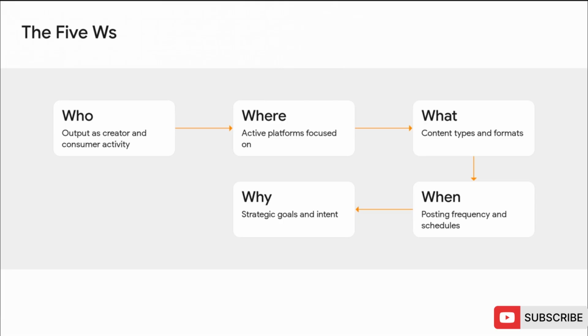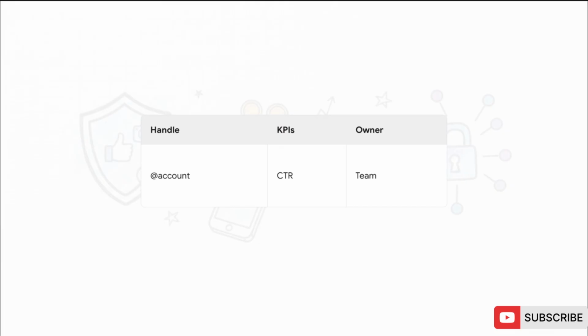By stacking your audience up against these questions, you uncover detailed, actionable insights about your performance and completely eliminate the guesswork. As an executive, this right here is exactly what you should demand to see for every single account bearing your company's name. You need the handle, the core KPIs, the dedicated channel owner, and the top content. Think of this as your single source of truth. If an account doesn't have a clear owner, or if it isn't tied directly to a specific business goal, like lead gen or community engagement, honestly, it just shouldn't exist.